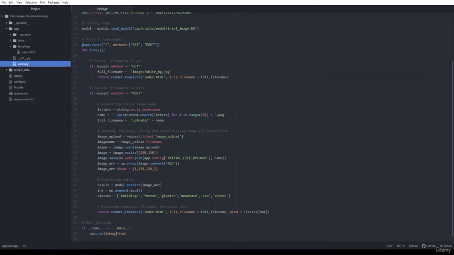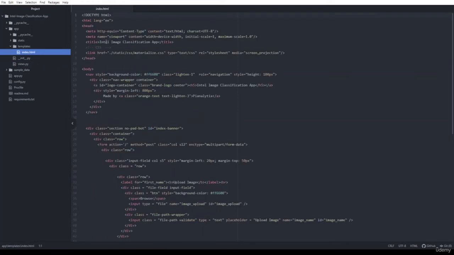So now let me show you how to design the front end of this application, how this application will look. For that, we have designed an index.html file. So here you can see that this file is designed using HTML and CSS. In order to get an understanding of this file, you should previously have some knowledge about HTML and CSS.